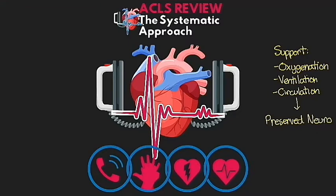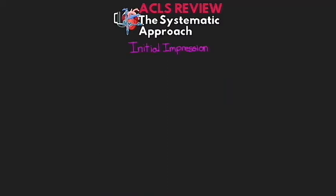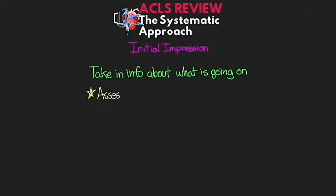done. The whole process of a systematic approach really all begins with our initial impression and assessment of the situation. So it's here where we're going to first take in the information about what's going on. Where is the patient? How do they look? What do we see on the monitor? The most important part of this initial assessment is going to be the assessment of if our patient is either